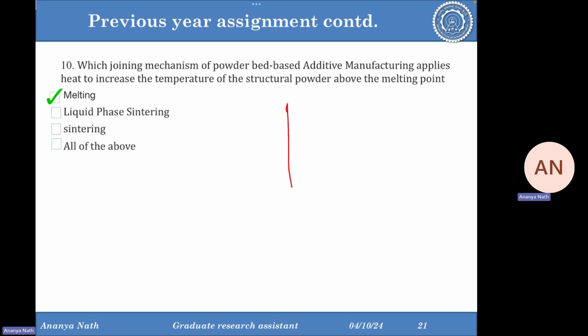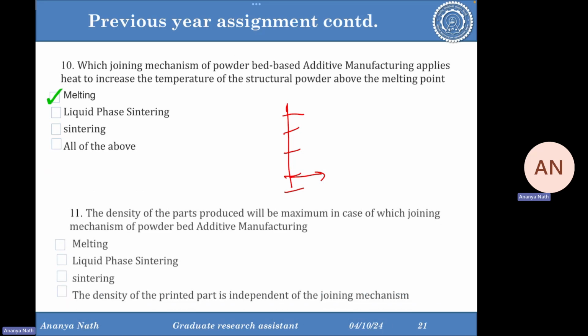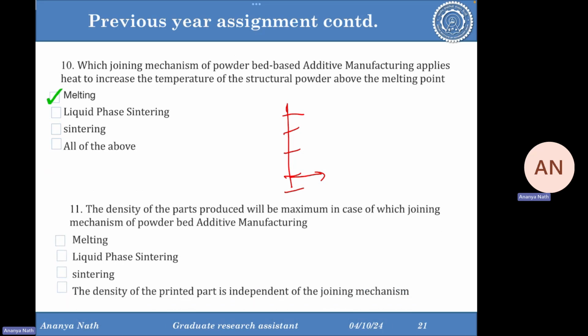So if this is a temperature range, this will be a temperature until which you can heat the metal but not sinter. Until this range you can sinter it. Until this range you can liquid sinter it. Until this range you can recrystallize it. And this is the highest point till which, if you go, you can melt it. So obviously this is melting, and melting will take more heat content, so the laser power has to be more in case of melting. So that's why heat is more, temperature is more.